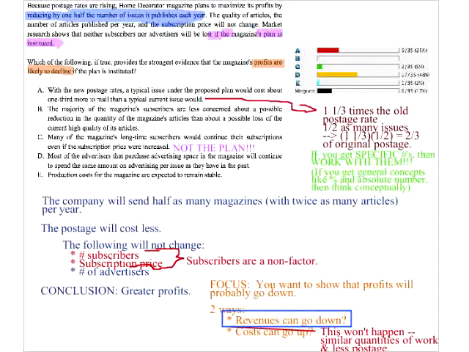As an analogy, it's kind of like saying, if I lose weight, then I will be better able to run fast. And then having an answer choice that talks about still being able to run fast if I gain weight. Not relevant because the plan is to lose weight, not to gain weight. Same thing here, the plan is to keep subscription prices the same. So anything that contradicts that plan is irrelevant.